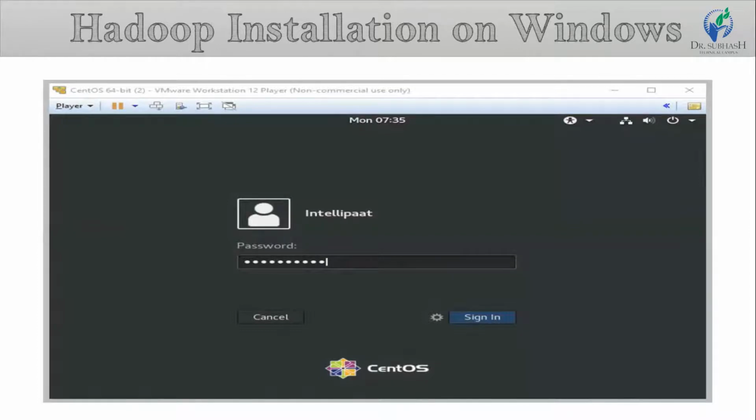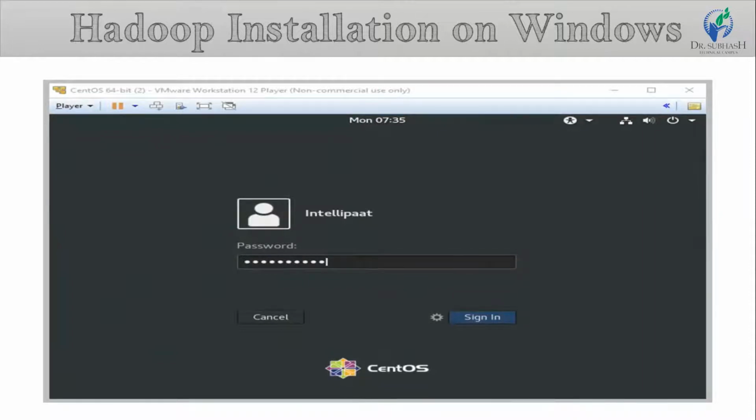So your CentOS install is now complete. Now you need to start working on CentOS and not on your local operating system. If you have jumped to these steps because you are already working on Linux or Ubuntu, then continue with the following steps.